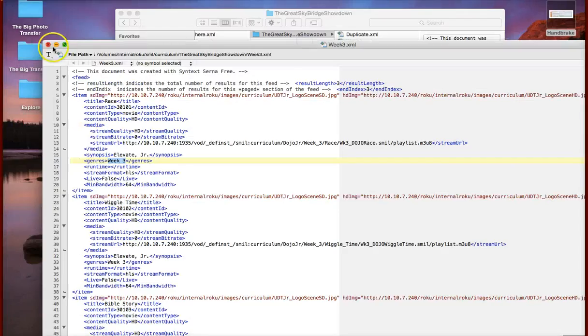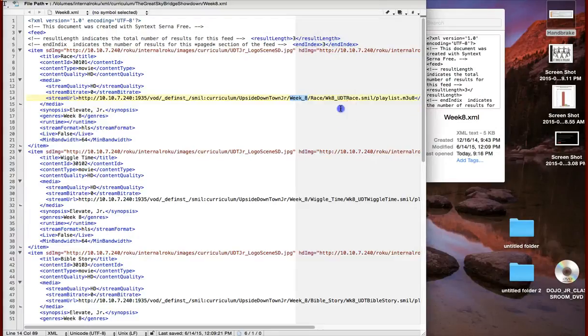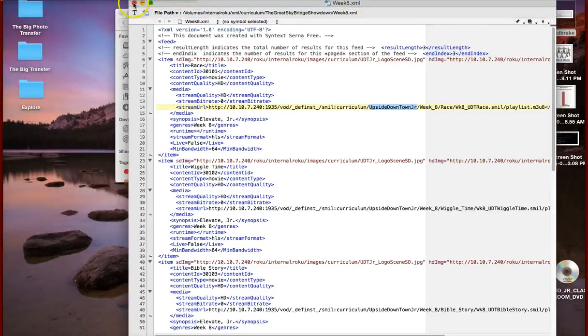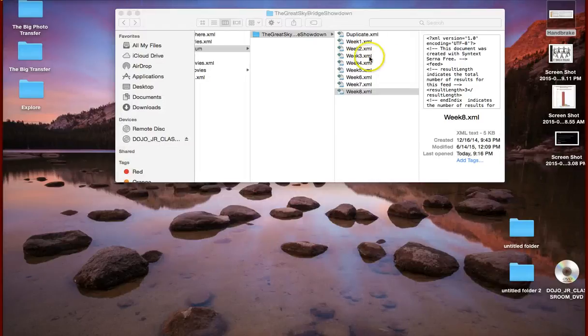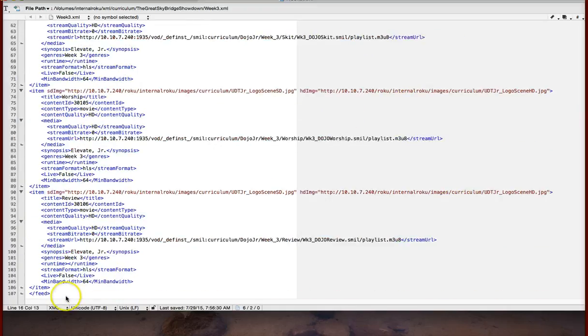Let me get out of that and go. I don't think I did week 8 yet. So perfect, I didn't do week 8. So you can see week 8 says Upside Down Town Junior, week 8. Here's what you want to do. When you get ready for week 8, you want to go to week 3 because you know week 3 was done correct. You want to scroll all the way down to the bottom,